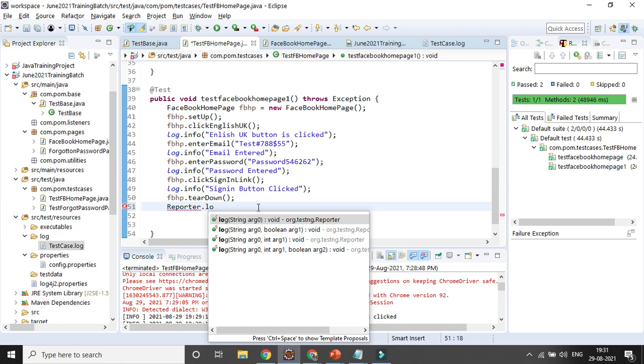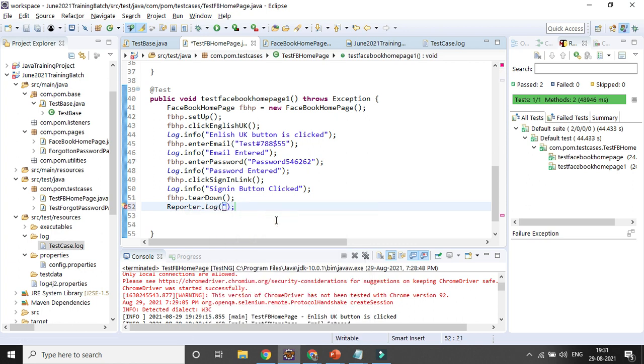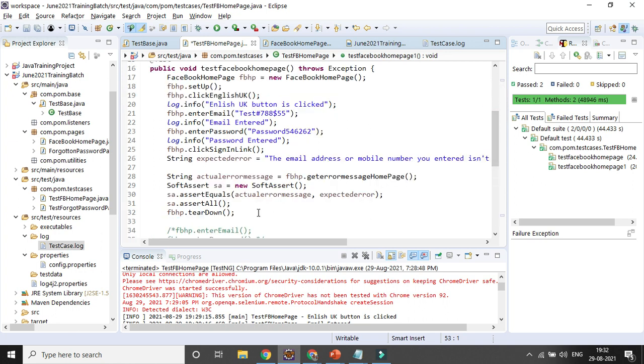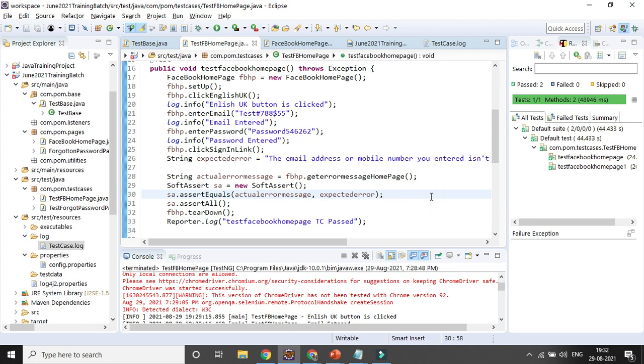You can see four different options coming, so I can use one to print something out. Suppose I say test case TC pass. Okay, so that's what I can update, right? Now if I go to the other test case also, I can add the test case name, test case pass, with the help of Reporter.log without implementing log4j.